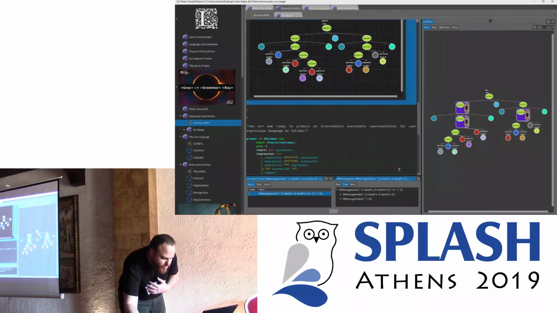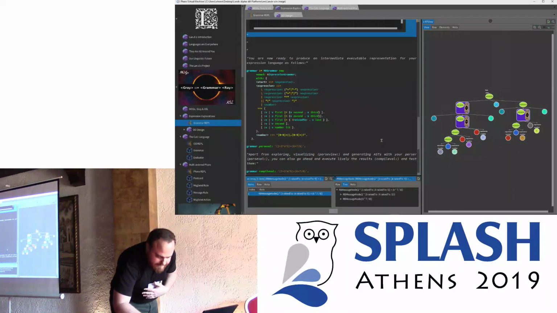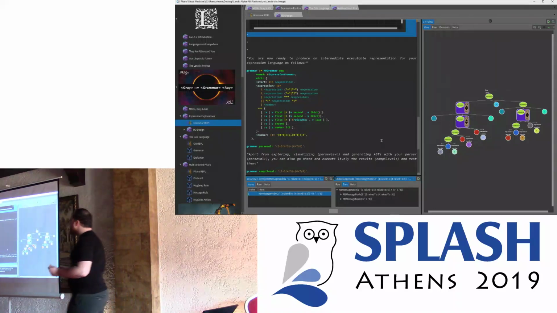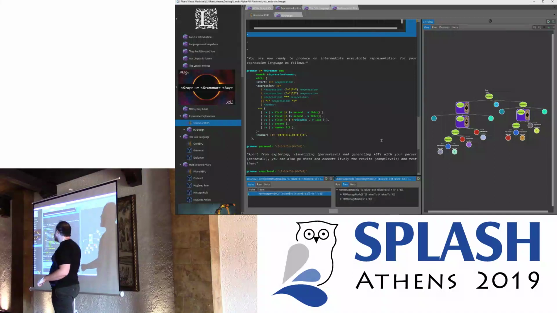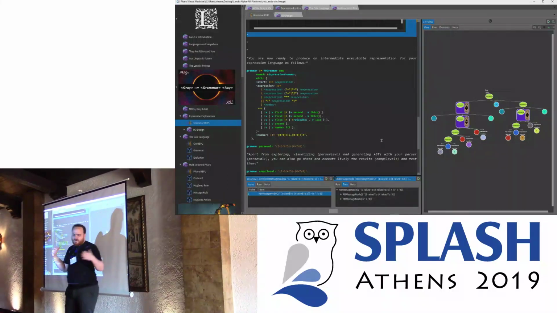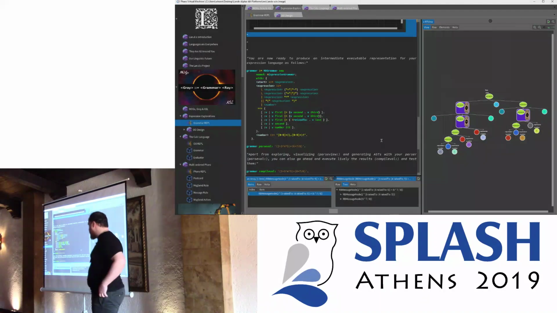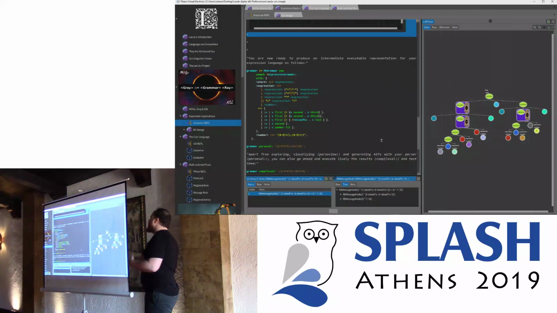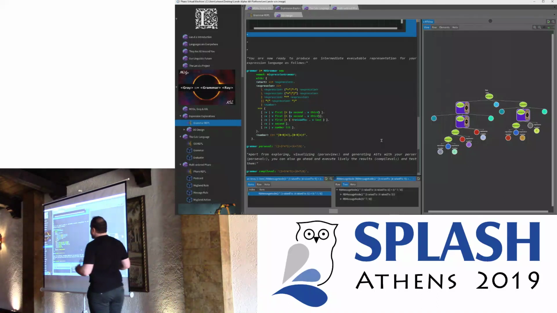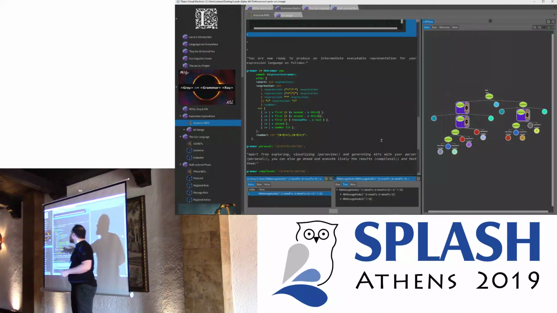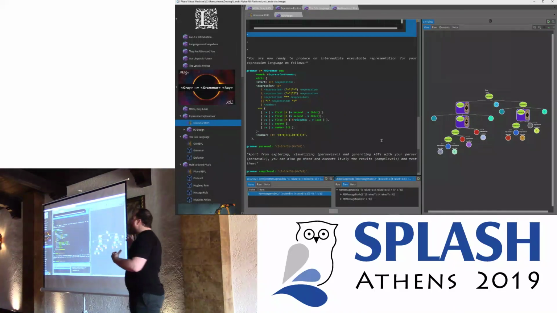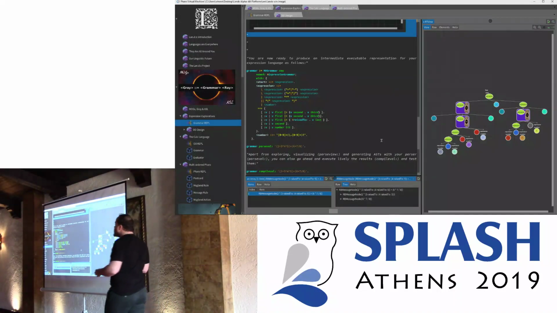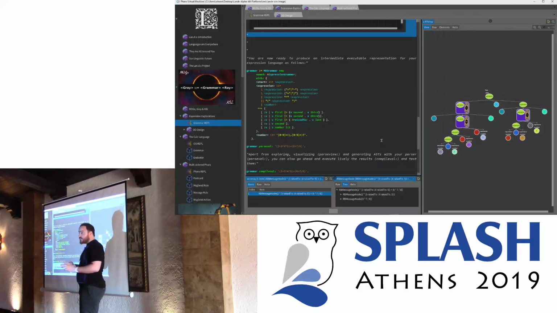Of course, parsing is half of the story. The other half, at least, is generating something meaningful. And for the case of languages and domain-specific languages that have some executional semantics, what we have introduced is a DSL, a small DSL, again, inside Pharo, for generating ASTs. We call it the abstract syntax language, and it defines a set of operators that allow you to do things similar to quasi-quoting and splicing in functional languages, but in an object-oriented way.